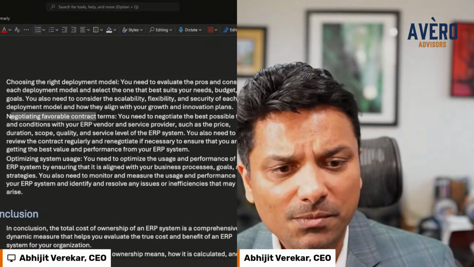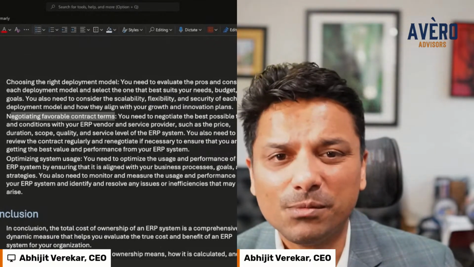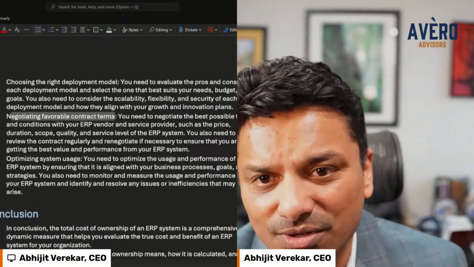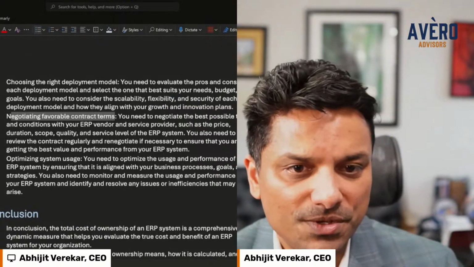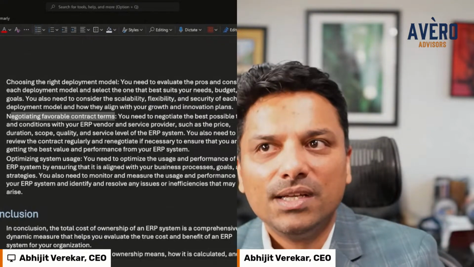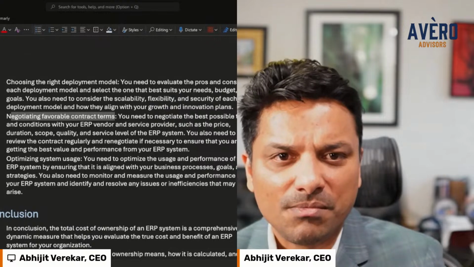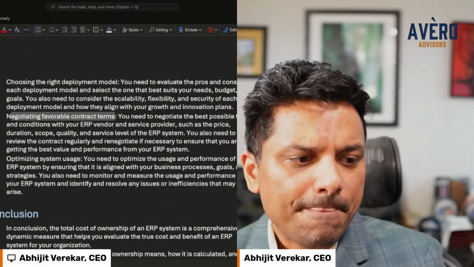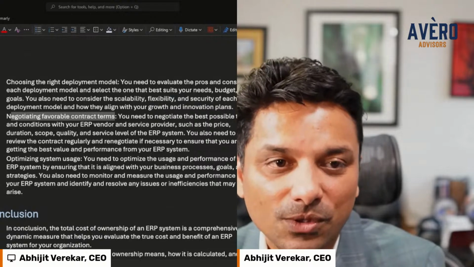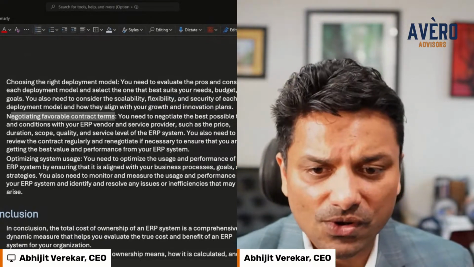Favorable contract terms. We did a whole series on how to negotiate favorable contract terms. And again, this is not just give us a discount, take your discount from 2% to 7%. Yes, do that too. But contract terms are more than just financial terms, right? Payment structure, milestones, how do you get out of a contract? What happens when things are going wrong? Who's responsible? All of those things need to be accounted for. And that reduces your total cost of ownership.